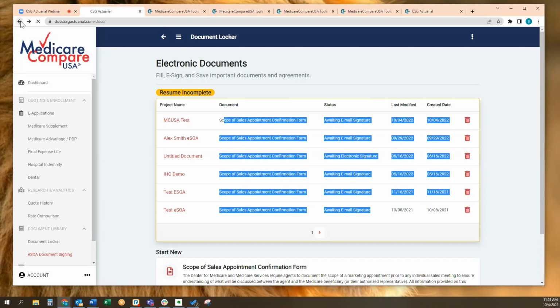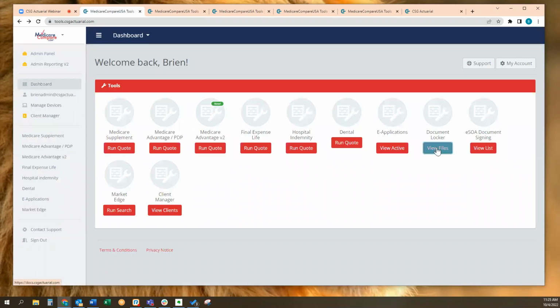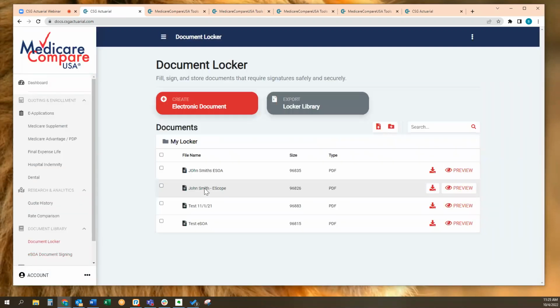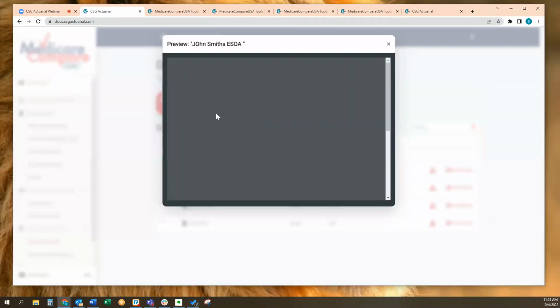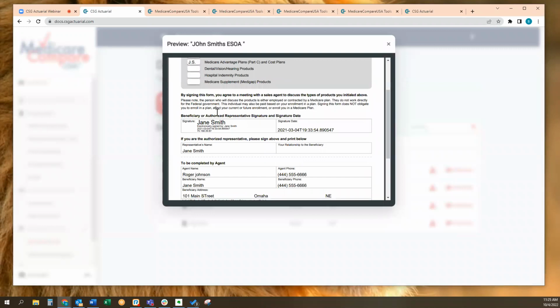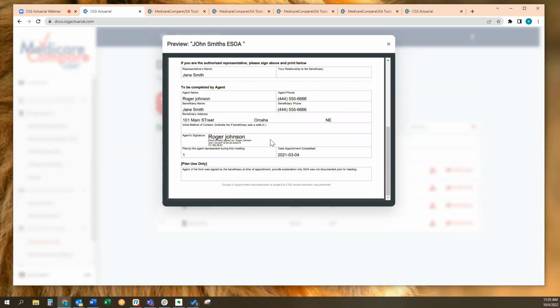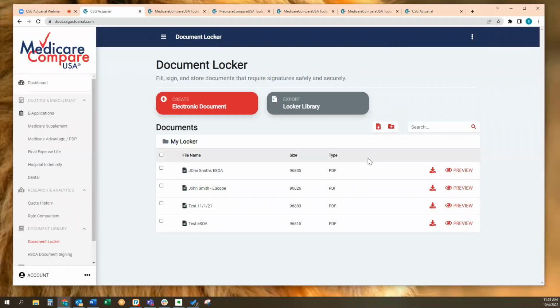Or I can go into my document locker. After it's been signed, it will automatically save into my document locker, allowing me to compliantly save this in perpetuity. This gets backed up every night. So any materials or files that need to be saved can be done here. I can download this ESOA. It's going to have all my signed documents, the timestamp in case I ever need this. If I get audited by CMS,